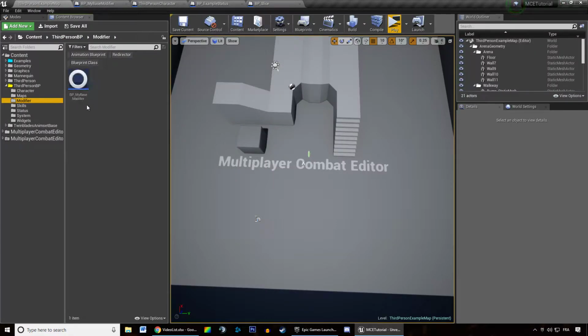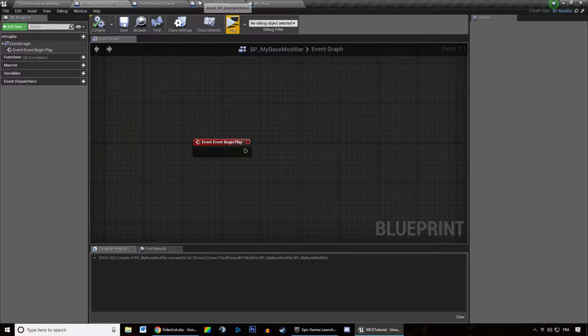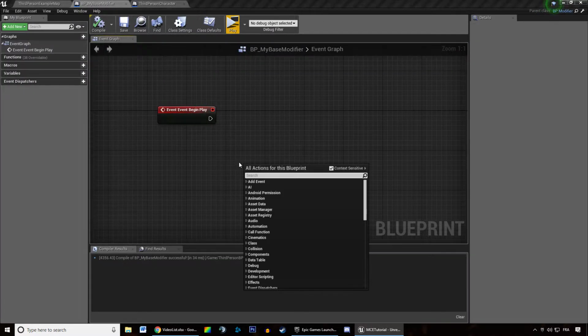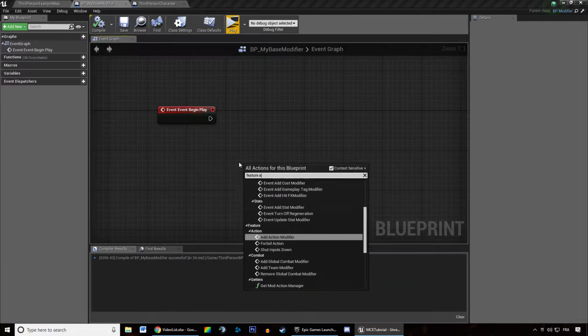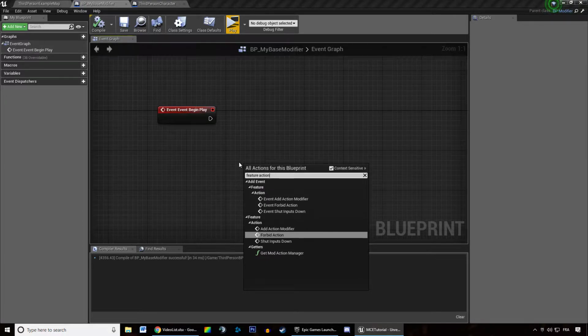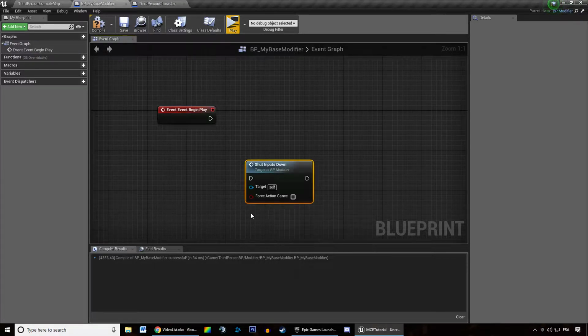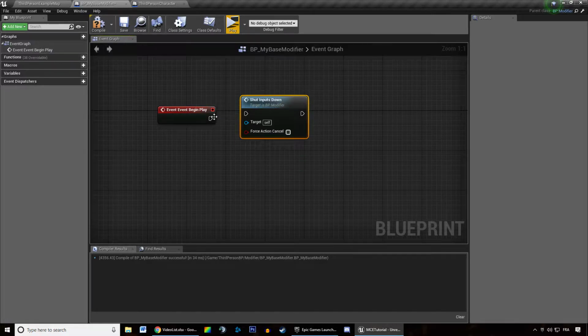So let's go to my base modifier, and let's right click and type in feature action. So these are the things you can modify at runtime using the modifier class. You can add an action modifier, you can forbid an action, and you can shut inputs down. For instance, if you are stunned, you're going to shut inputs down. So if we click that and plug that,